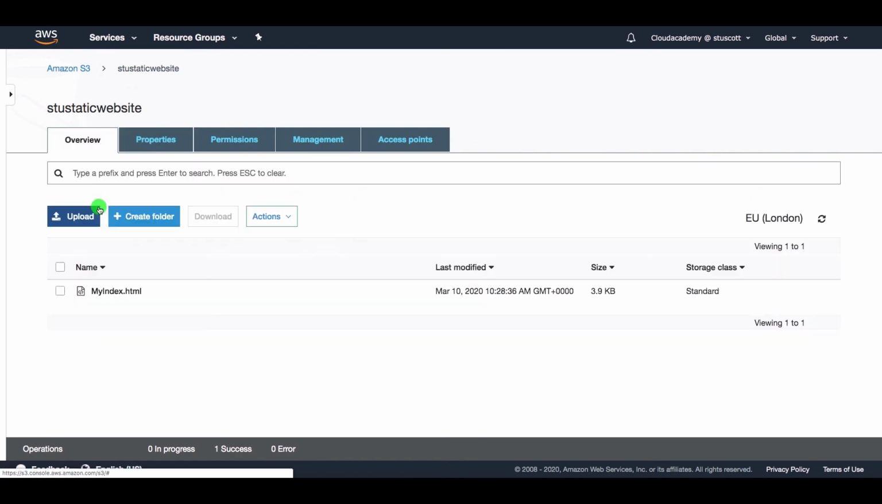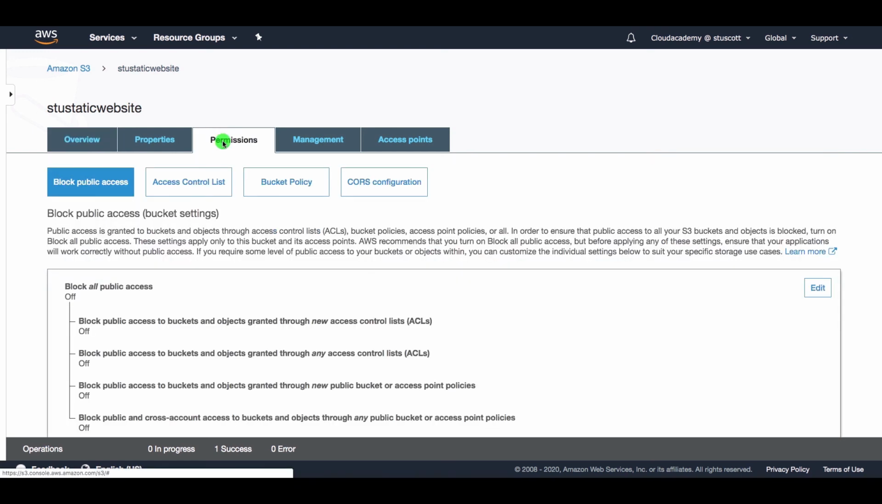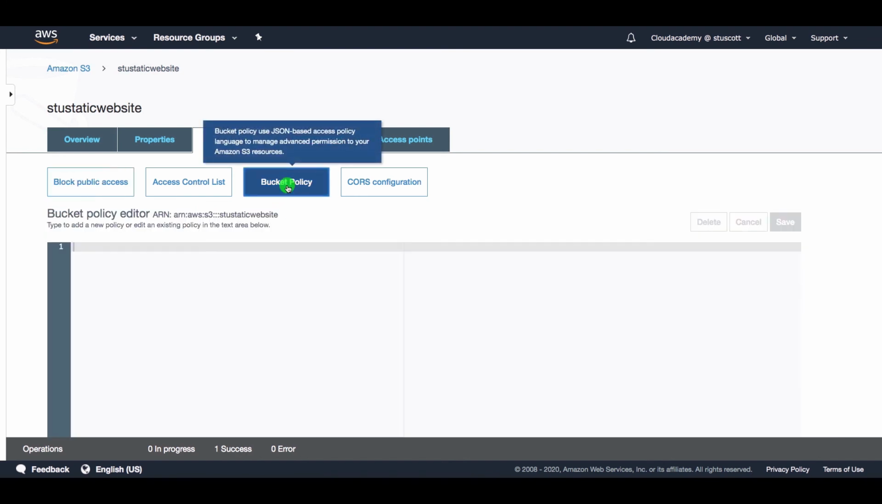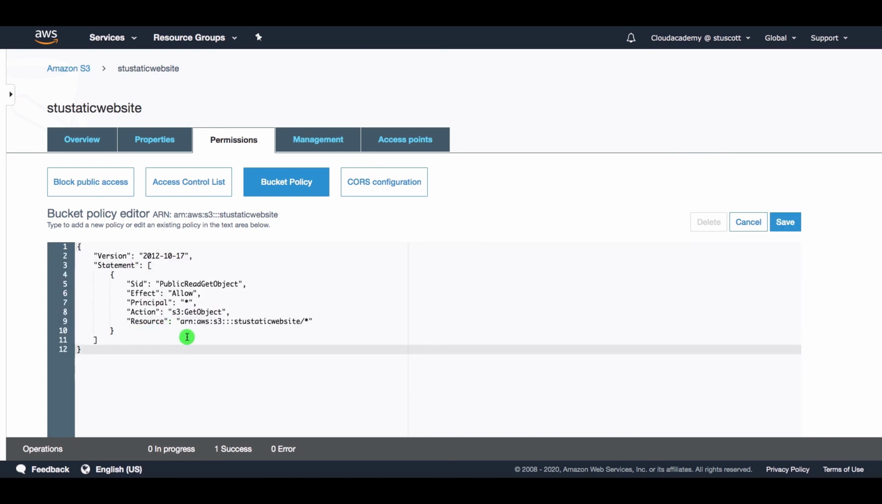So now we've enabled static website hosting. We've added our index file to the bucket. We've changed the permissions to ensure that public access is allowed. However, we still need to add our bucket policy. So I'll paste in the policy that I've already created, and we can see here that this allows any principal the S3 get object for this bucket here. Click on save,